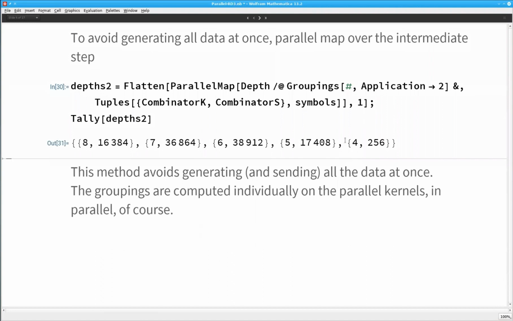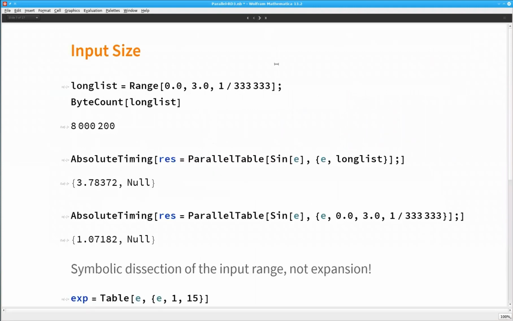I didn't even include that time earlier. It would have been even worse if I had done so. So this was one thing that needs a lot of careful thought about organizing your data in a way that you minimize communication. But there's another